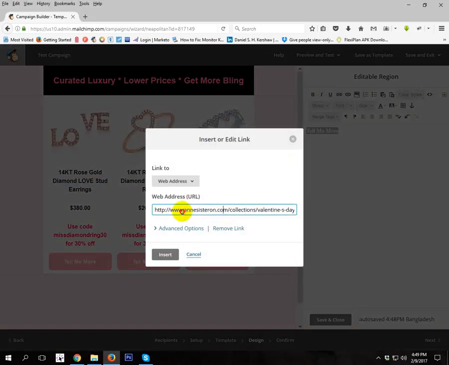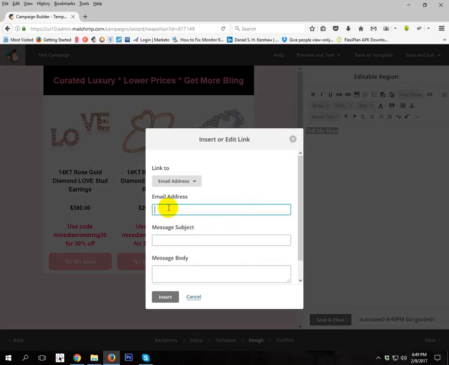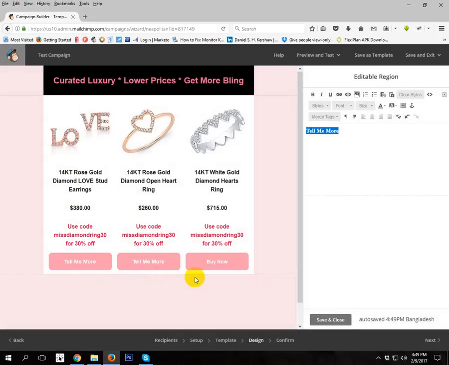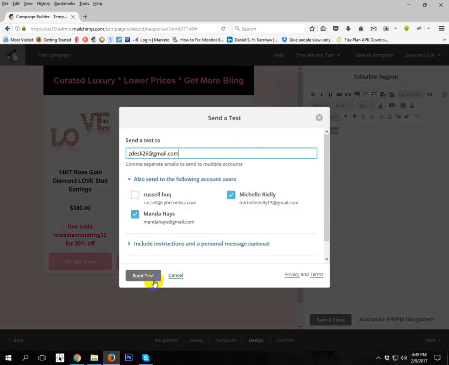Please remove this link if you do not need the web link and go to the email address, and you can put here your email address, just insert. Okay, I just send a test mail again and show you this works perfectly.